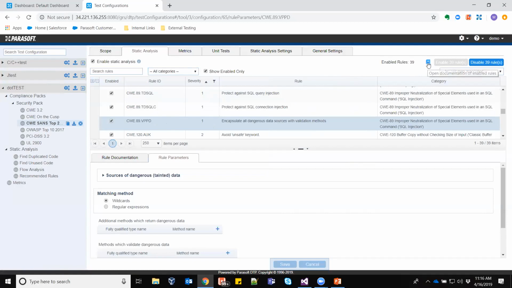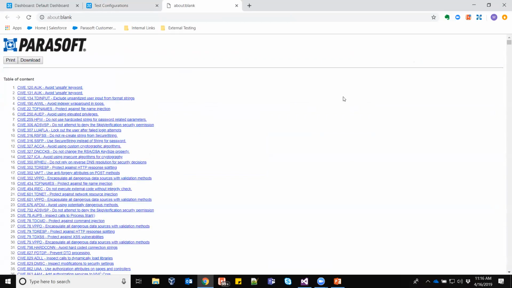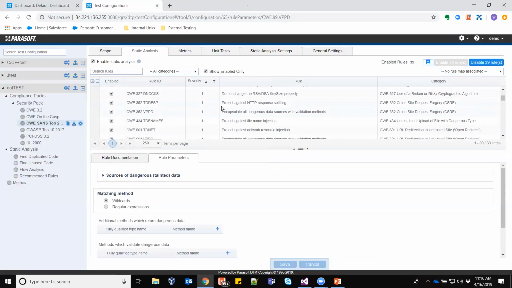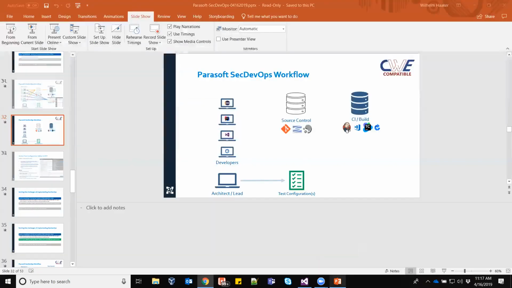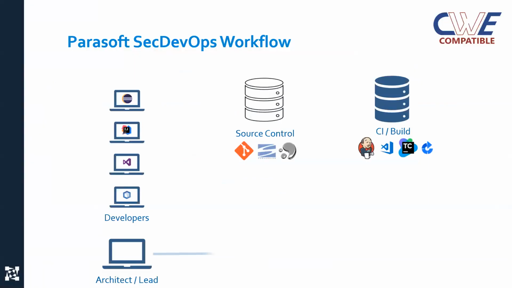Last thing I'll point out here that's pretty neat is we also can make these printable docs available. So if you have a wiki or something that you want to post it into, it's easy to do that as well. But really, that's as easy as it looks. You just define the rules that you want based on the rule set you have, and it's shared across the team so developers can start taking advantage of that. So that's the first step of the process.